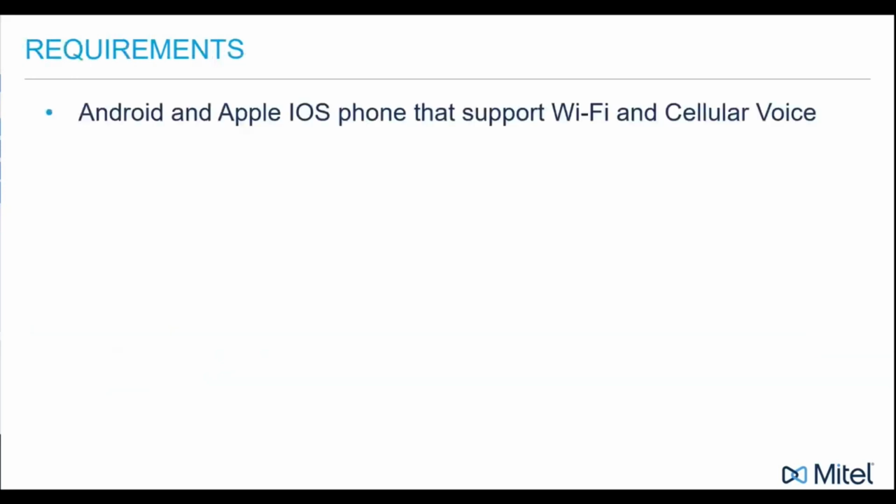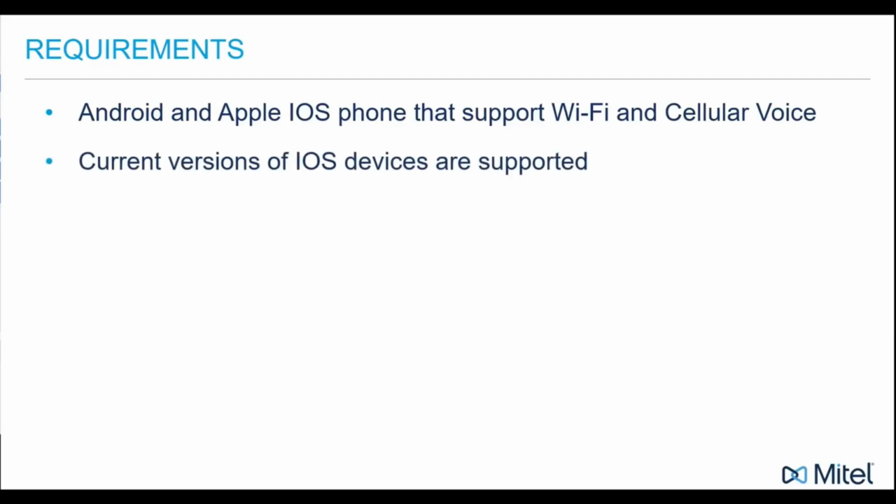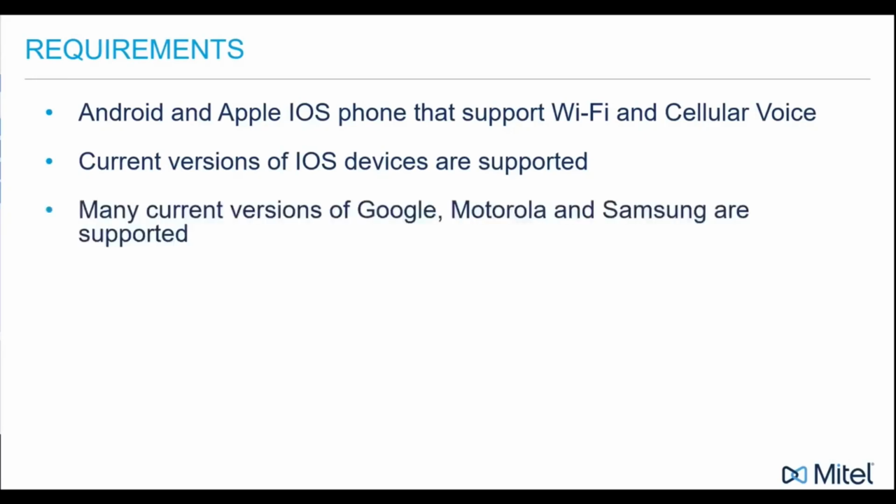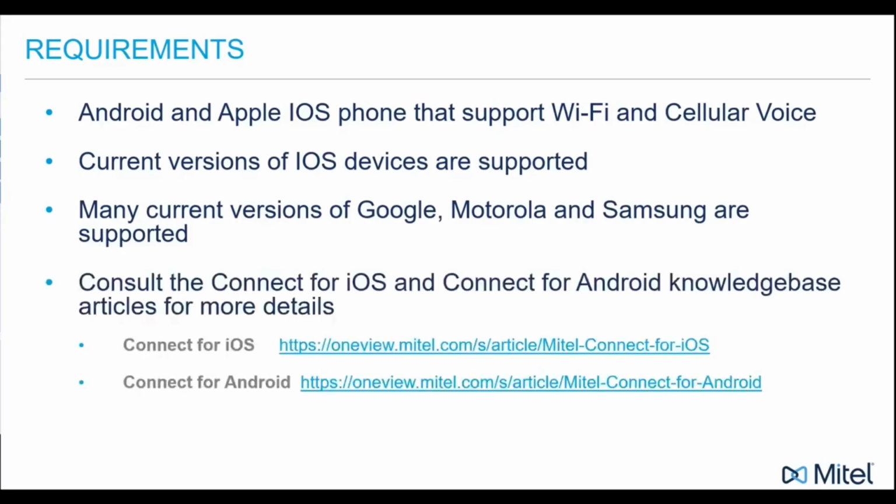To use the Connect for Mobile, you must use Android or Apple iOS phones that support both Wi-Fi and cellular voice. Use a current version of iOS. Use the current and supported version of Google, Motorola, or Samsung devices. And consult the Connect for iOS and Android knowledge base articles for more details about supported devices and features discussed